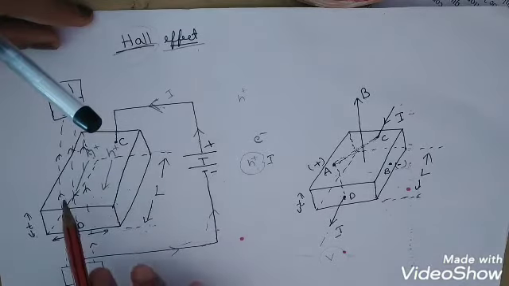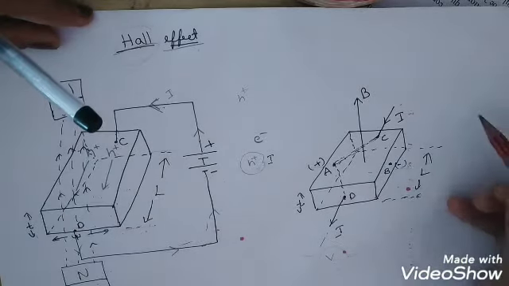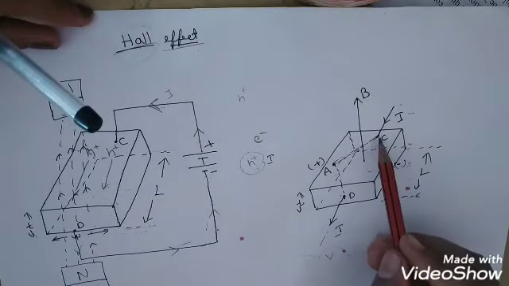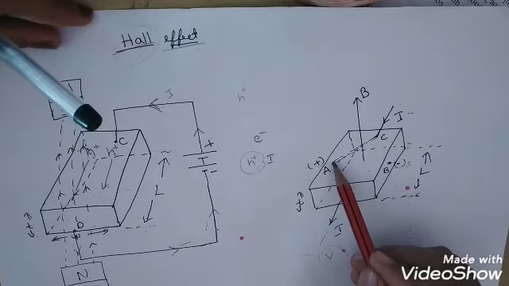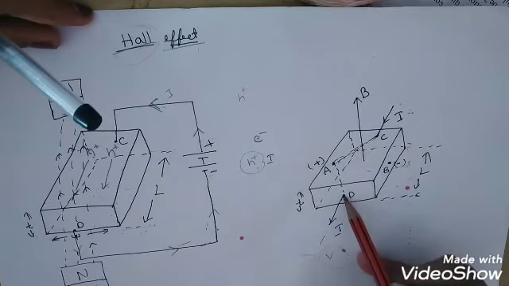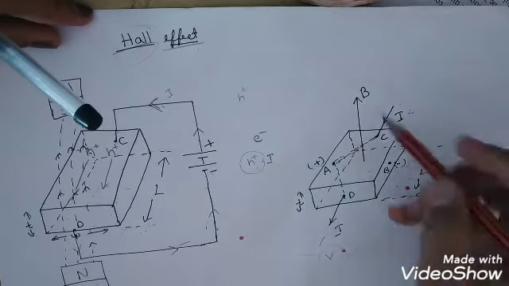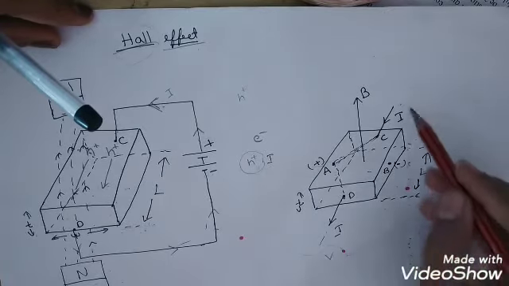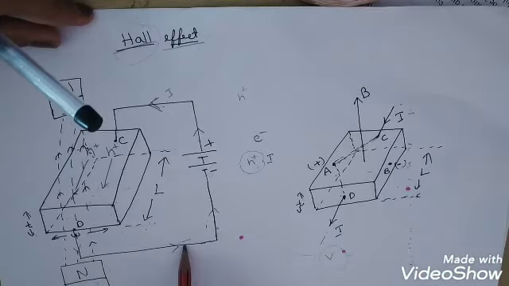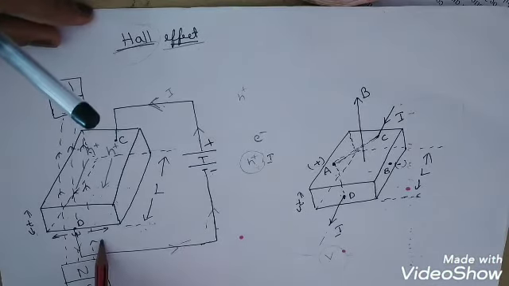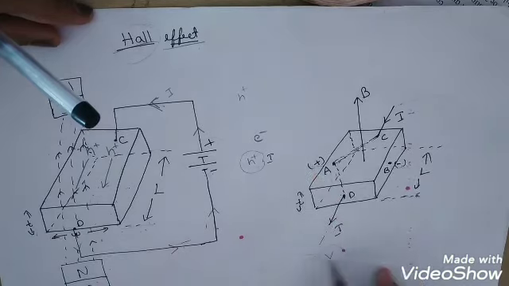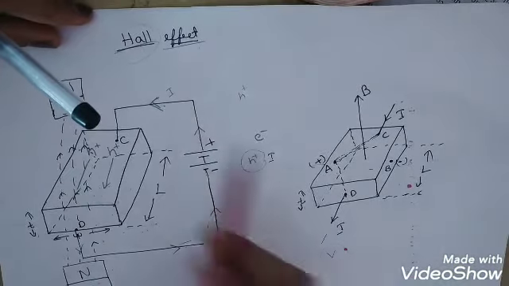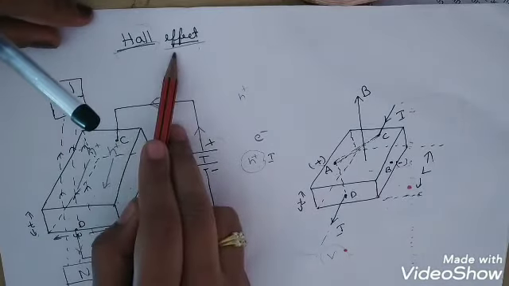If we introduce a magnetic field exactly perpendicular to that of the electric field, then holes will get accumulated at point A and then move to a point D because of the deflection created by the magnetic field B, and then they will complete the circuit in the same manner, which is explained over here. At this point, if we connect a voltmeter, then we get some voltage. That voltage is because of this Hall effect.